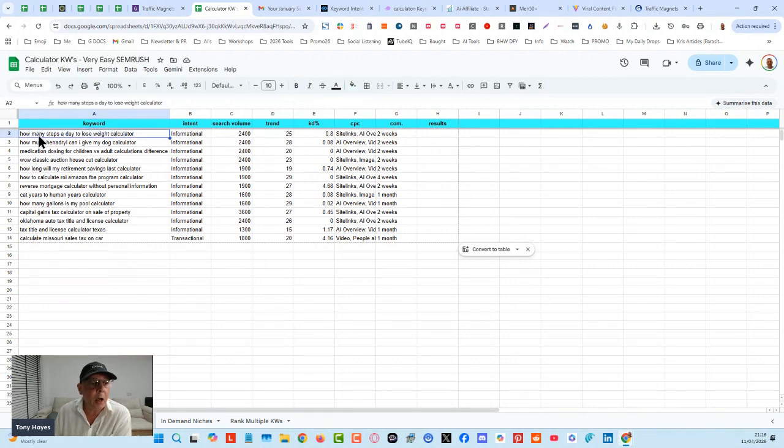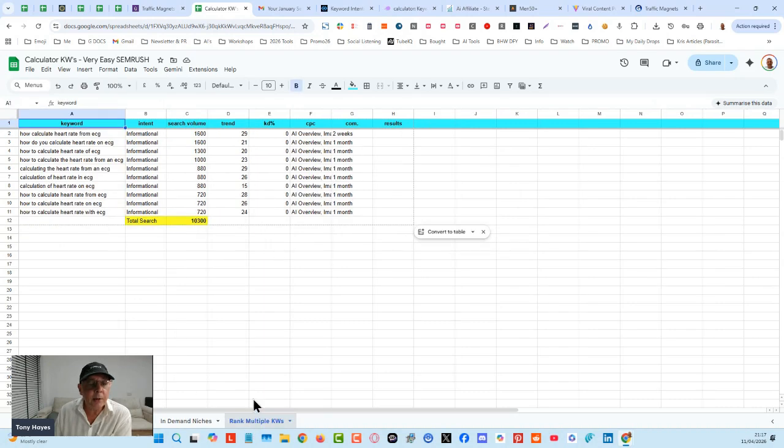But things like how many steps a day to lose weight calculator, 2,400. It doesn't seem as much when you've seen those other keyword search volumes. But if you have enough of these kinds of keywords and tools built around them, you're going to find that you start ranking for multiple keywords for each one of those once you start to get rankings. Okay, that means more traffic. So even though it says 2,400 here, what you will find is often when you start ranking for a keyword,